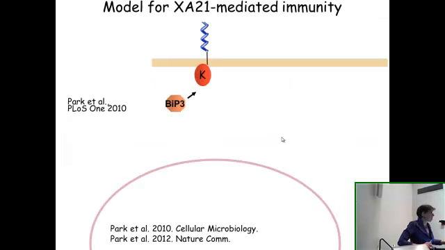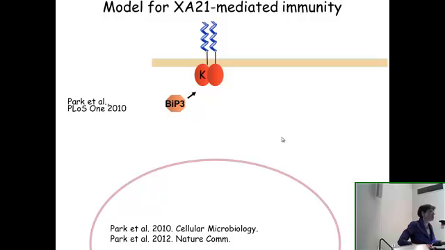So this is our current model for XA21-mediated immunity. I mentioned that XA21 has this non-RD kinase. The mechanism of activation of non-RD kinases is not well understood at all. So we're very interested in trying to understand how these important kinases are activated. And we've begun to make some progress. So we know that XA21 is synthesized in the ER, and that it interacts with Xanthomonas,